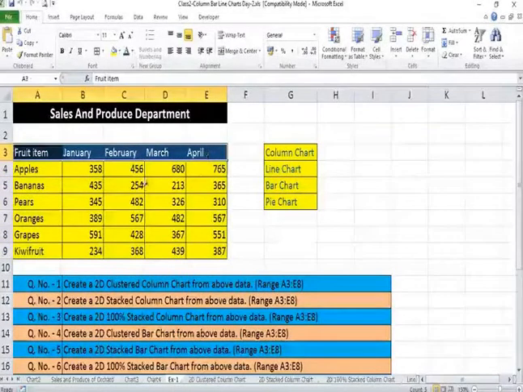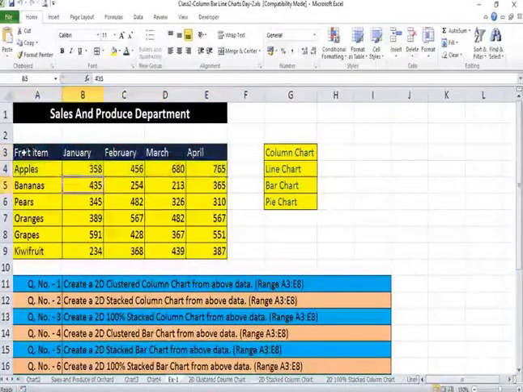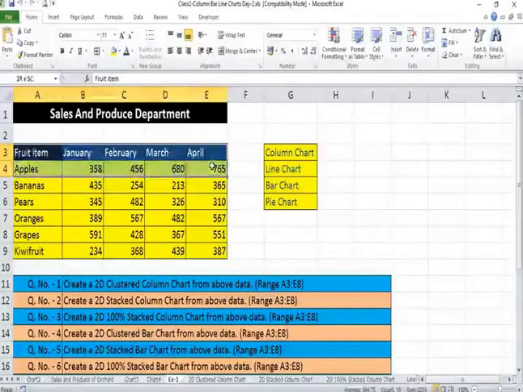But in the case of pie chart, you cannot select all the items. You will have to select one only for creating the pie chart. Like if I want, I can create the pie chart for the production of apples in the orchard. So let's select the header row and select the data for apple only.